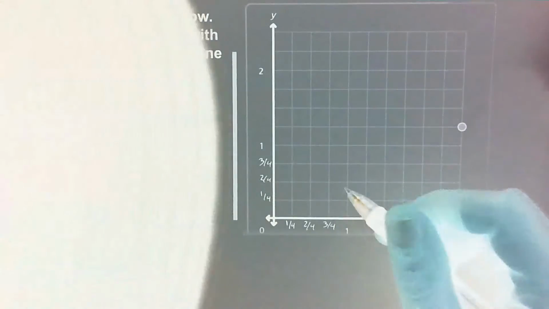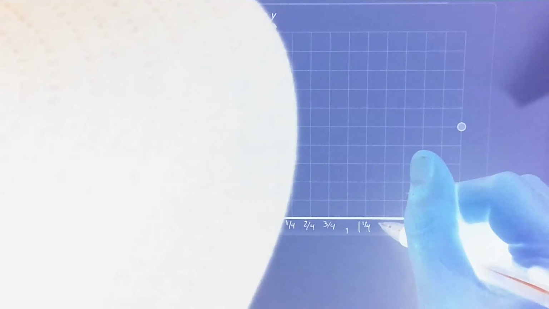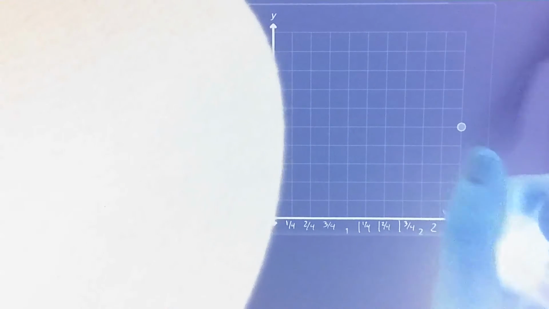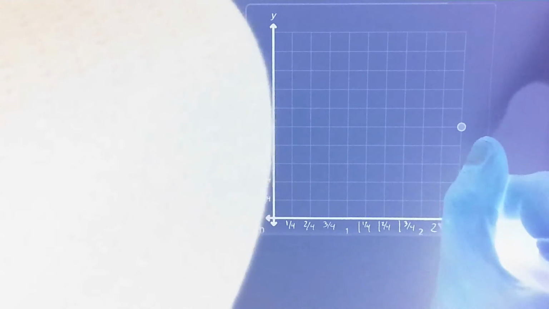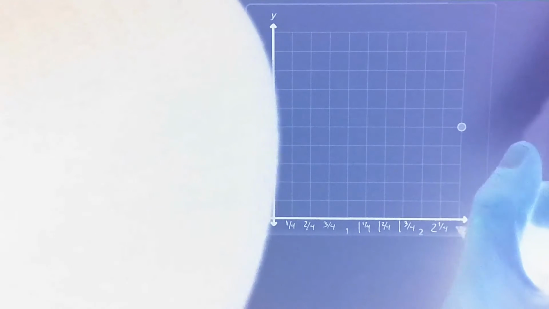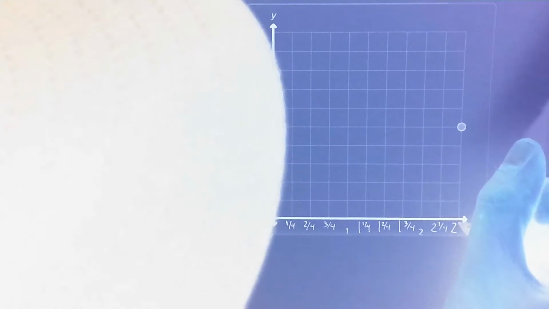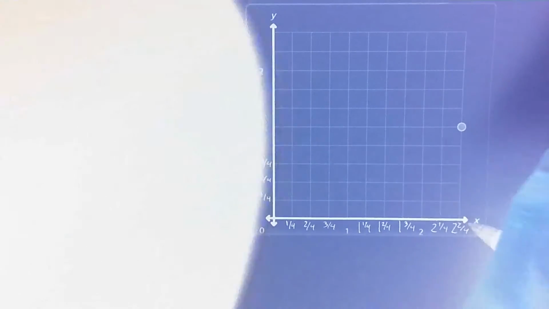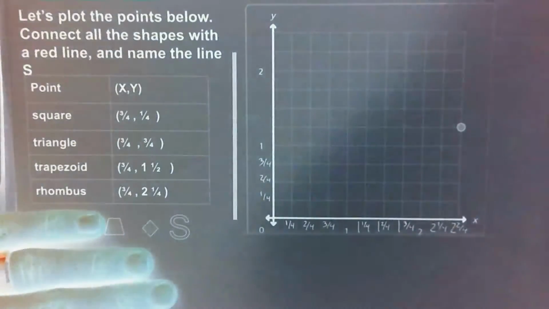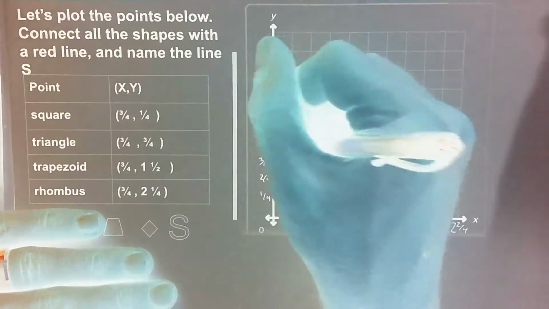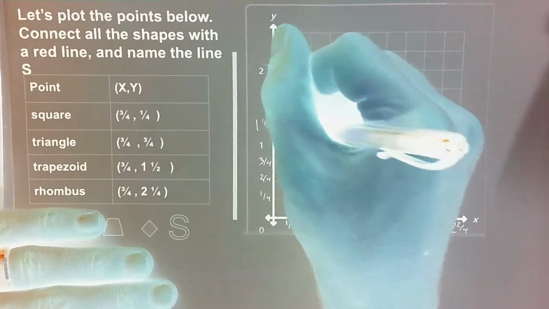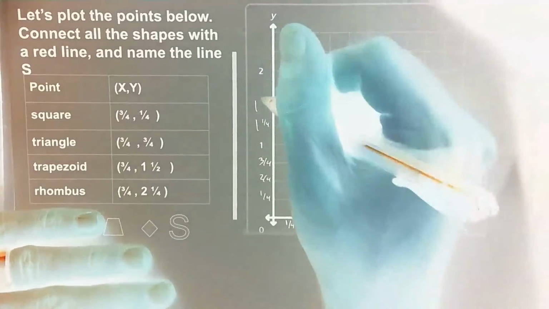Continuing on the x-axis, we have 1, then 1 1/4, 1 2/4, 1 3/4, 2, and then 2 1/4. Finally, 2 2/4, which we could also call 2 1/2. Continuing on the y-axis, we have 1, 1 1/4,